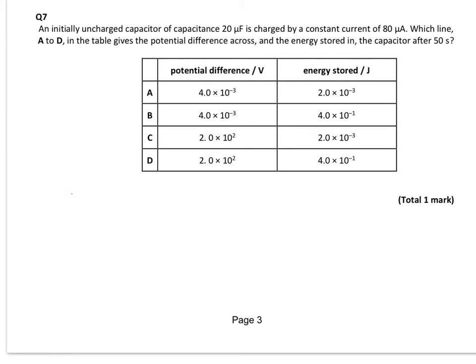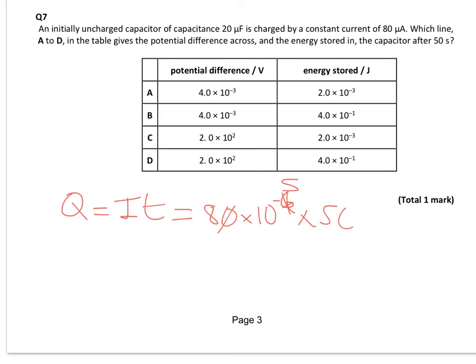constant current charging, so we're going to apply this old equation from year 12. And you've got the current is 80 times 10 to the minus 6, so let's get rid of the extra zeros straight away. And times by time, which is 50, so again let's get rid of another 0. So you're going to end up with 40 times 10 to the minus 4, or 4 times 10 to the minus 3